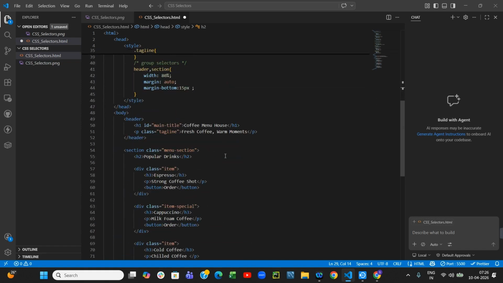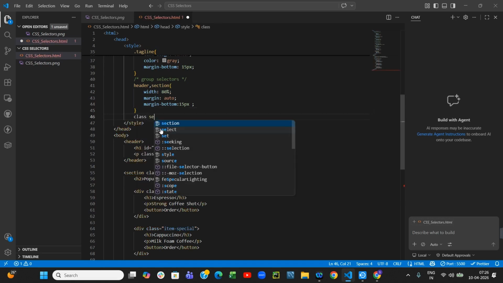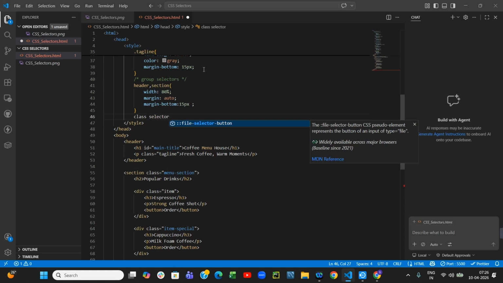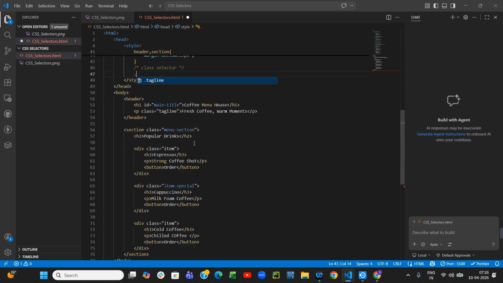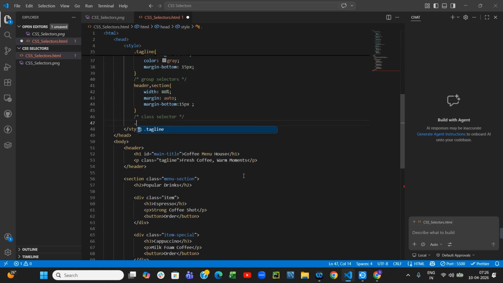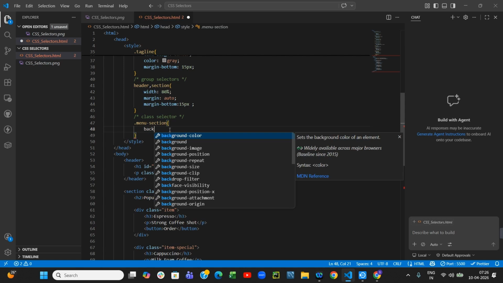Now what we need to do here is give the styling to this menu section. For the menu section, since it's a class, again I'm going to use the class selector. We are going to use the dot operator for the class, and here we have the class name as menu-section. So I'm going to write menu hyphen section, and then open the curly brackets, and inside this I'm going to give the background color as white,